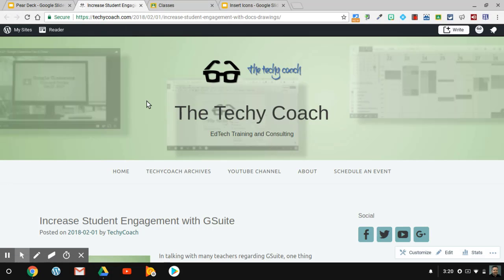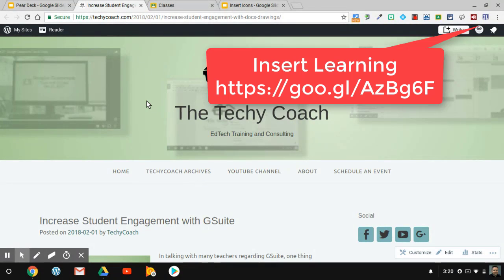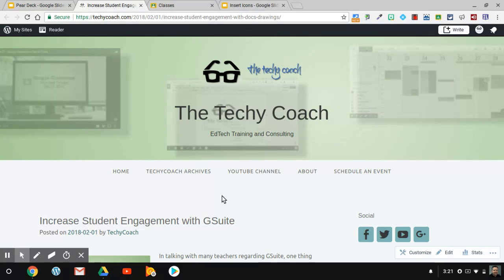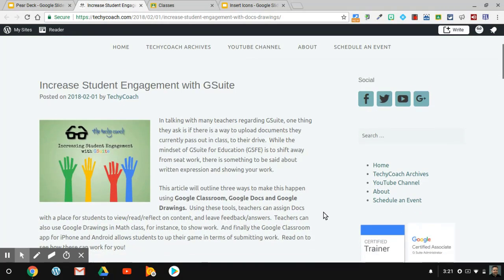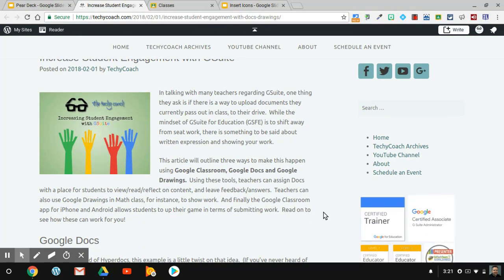So the next one is called Insert Learning, and this is an extension that you can get for Chrome. Now let's say for instance you found a website that you want your students to read, review, and then cover in class the next day, but you don't want it to just be a passive activity. And you know, whenever you have students read articles online, how do you truly know that they read the article? Well, Insert Learning helps you with that by allowing you to mark up your articles and add questions and